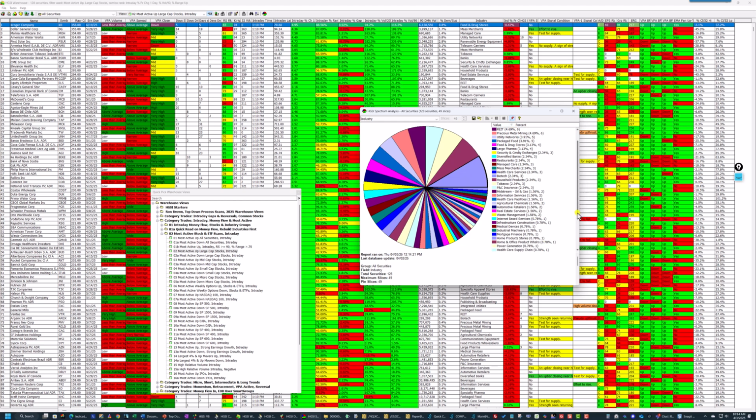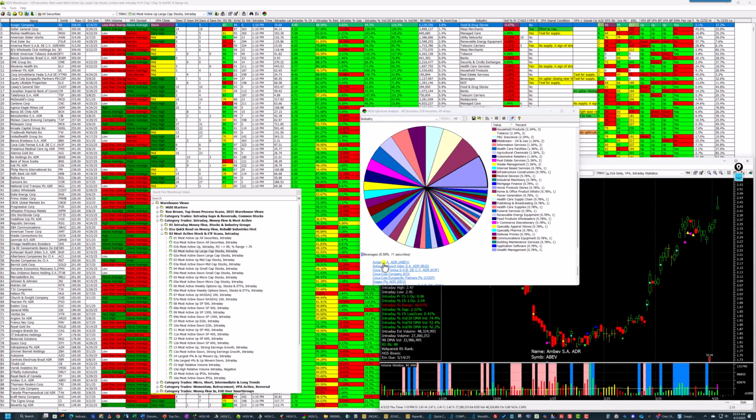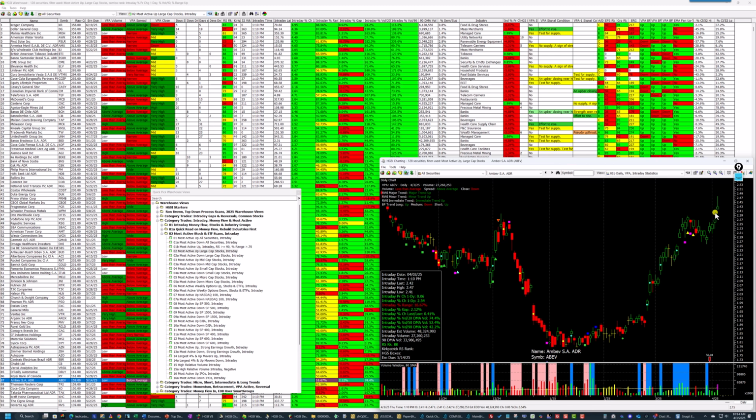Beverages. I'm going to scroll down here. You can see what these are. Let's just go to, well, I'll go to the top one. All you have to do is click on that hyperlink and it brings the chart up. This is very inexpensive stock, but what I'm going to do here